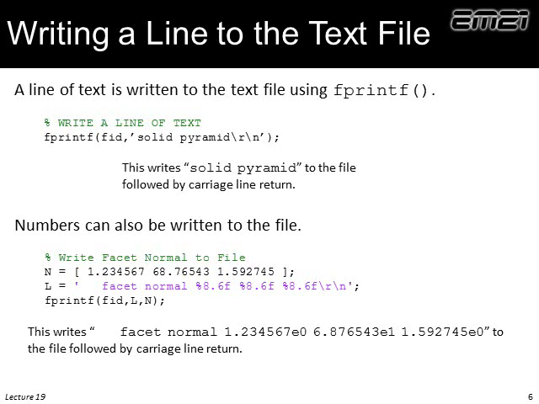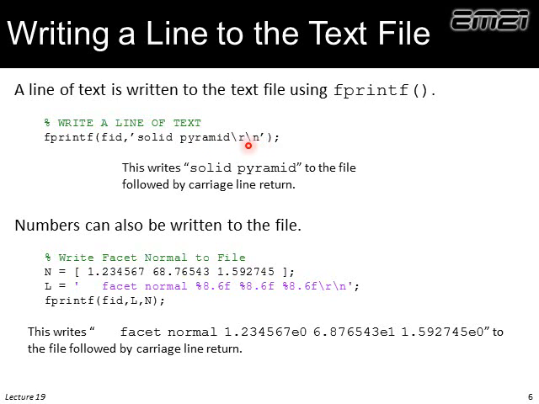Well, now we can also write a line of text to a file. So let's say this file is already open and we have its file ID. We would use the command fprintf, give it the file ID, and then the second input argument is the text string that we want to write. In this case, we're writing solid pyramid. Notice these two